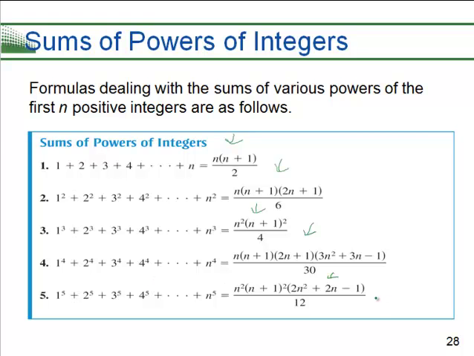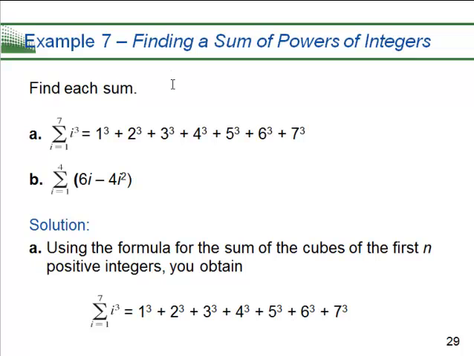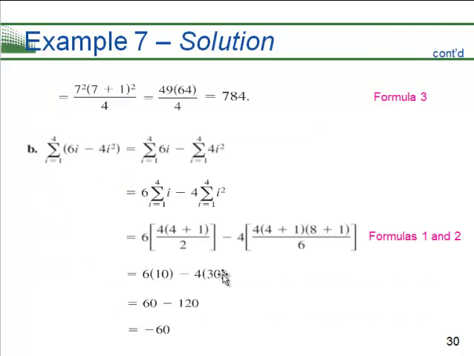These formulas are probably something you might want to write down and make note of so that you can use them moving forward. So here is an example of finding the sum of the first 7 integers when they're cubed, or finding the sum of the first 4 integers when this difference of 6i and 4i squared are part of my sum. I want to use the formula for the sum of the cubes of the first n positive integers